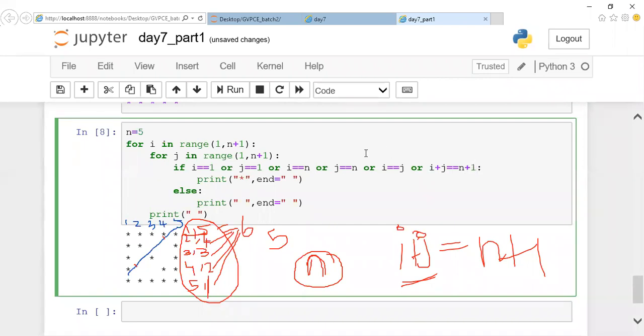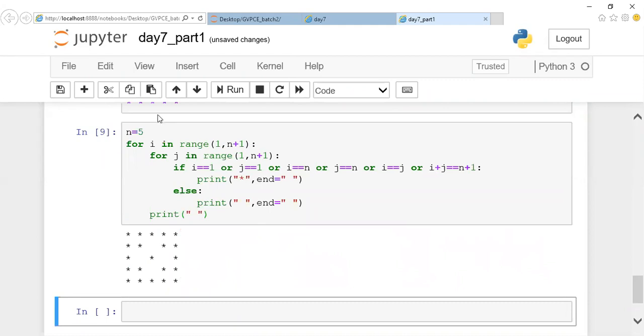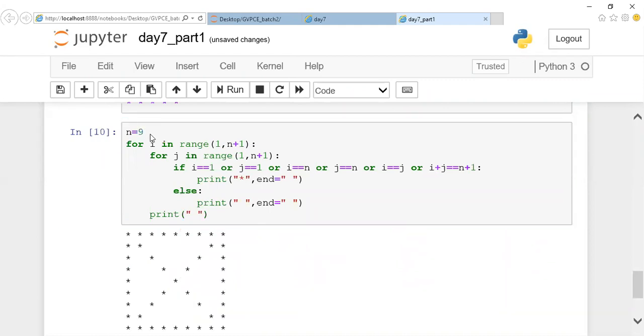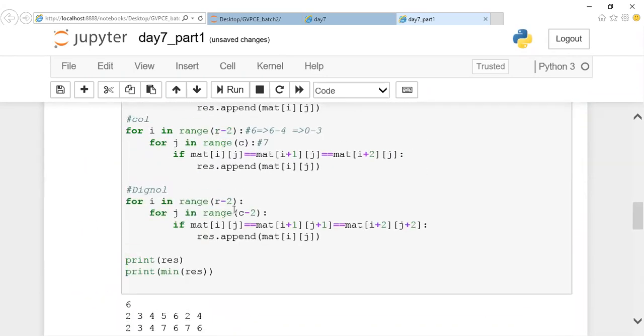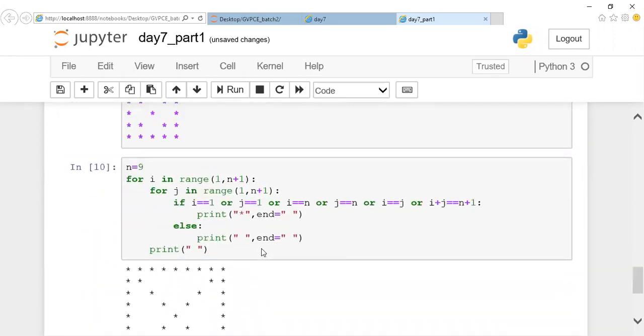If this is the scenario, now let me clear all the diagrams here, guys. You can notice that your other diagonal is drawn. For any given number, this will be drawn, not only for this number. For any given number, you can notice that a diagonal will be drawn like this. If you understand this concept, it'll be easy for you to traverse this particular matrix, whatever the direction is. Is it clear so far, guys? Do you have any doubt on it?